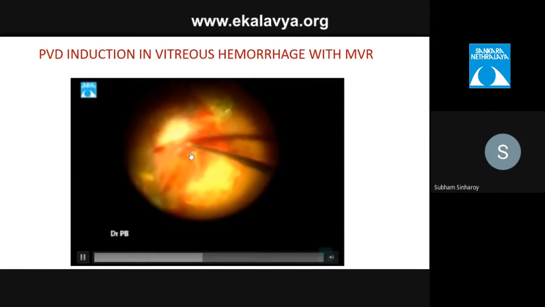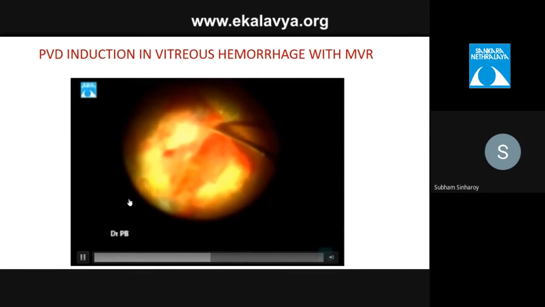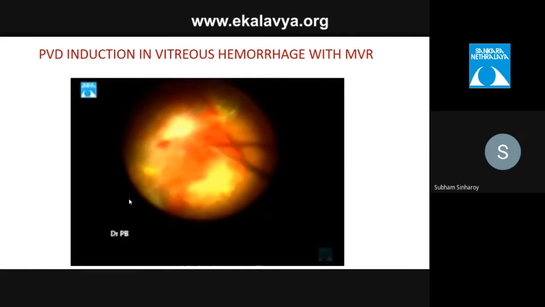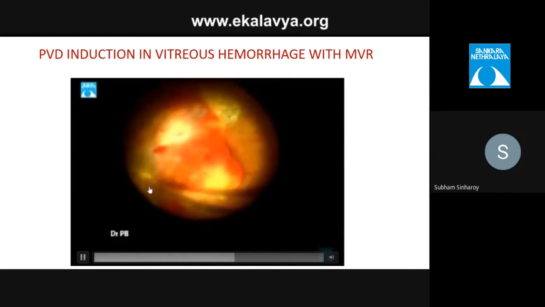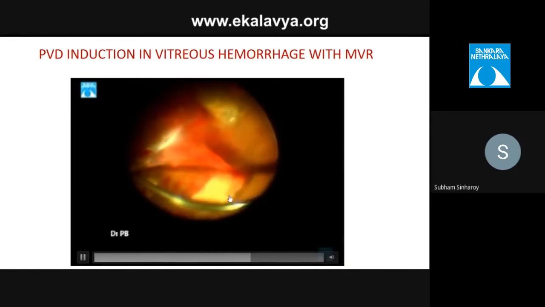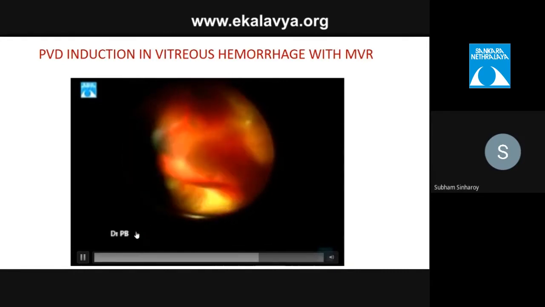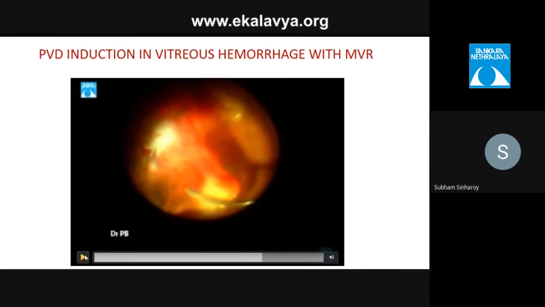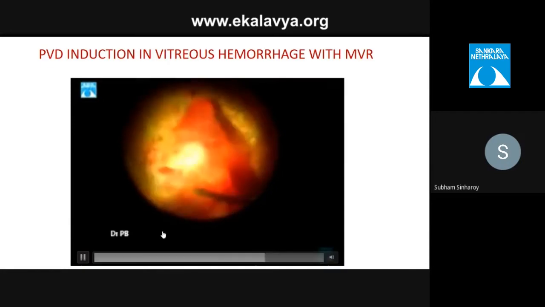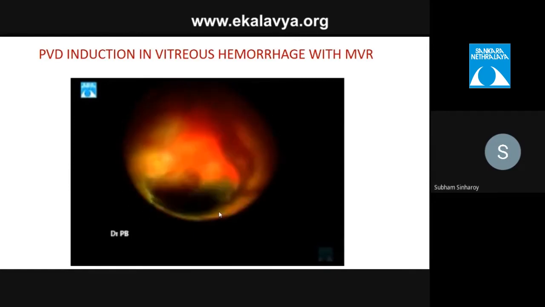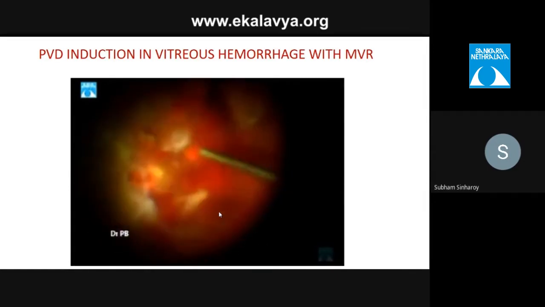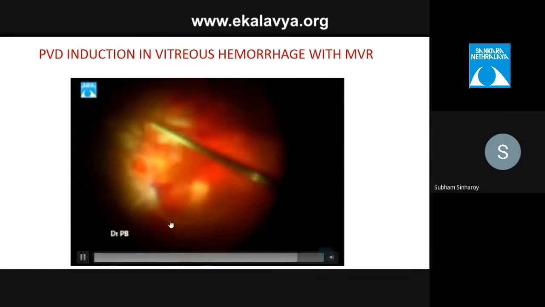So the plane is now easily accessible with the MVR blade. Once the surgeon is sure that we are in the subhyaloid space, that we can lift the posterior hyaloid, then a gentle pull is created to lift the hyaloid face, and while doing so, you can see the entire thing along with the subhyaloid heme, along with the hyaloid, is lifted off. It's a little risky because it can also cause iatrogenic breaks, but luckily it was not there in this case. So once the entire thing is lifted off, the next step is to remove the entire posterior hyaloid and the subhyaloid heme with the help of a cutter and trim it off.